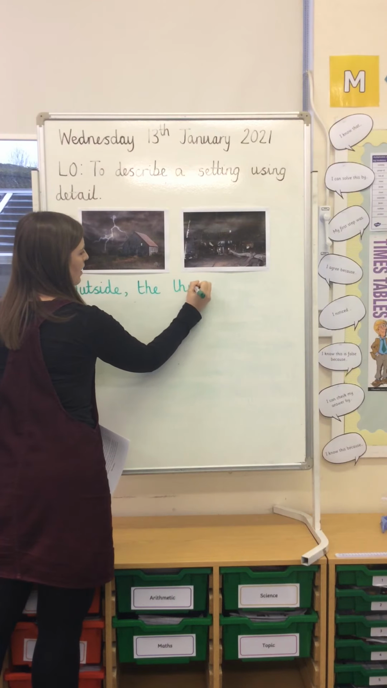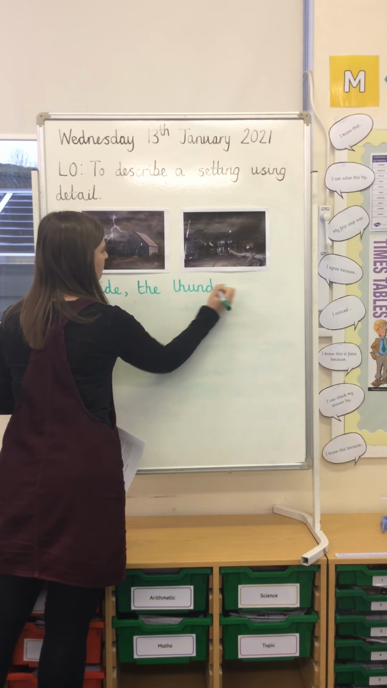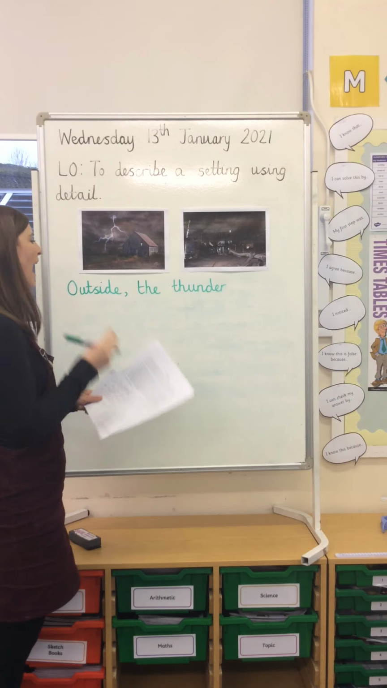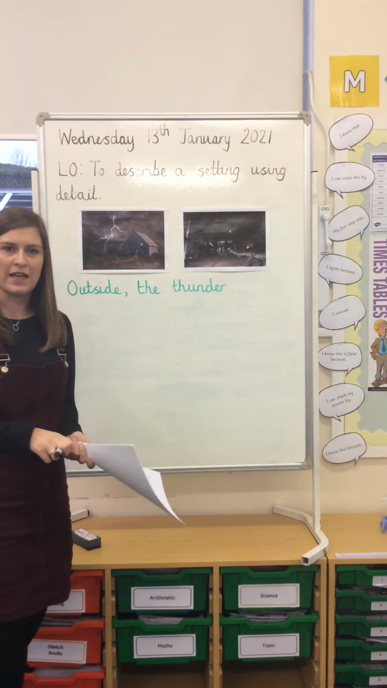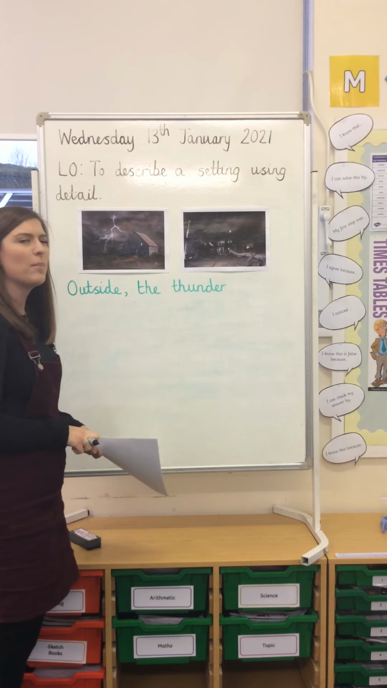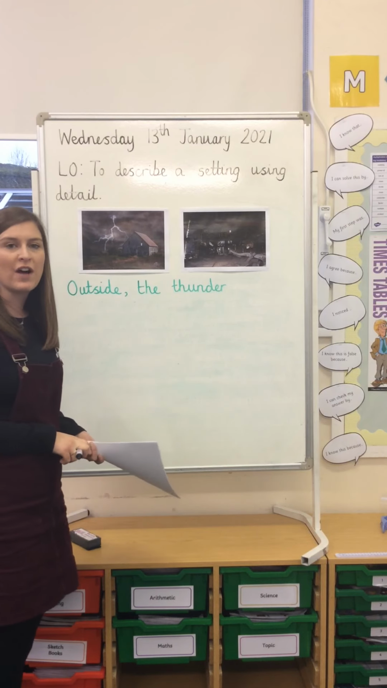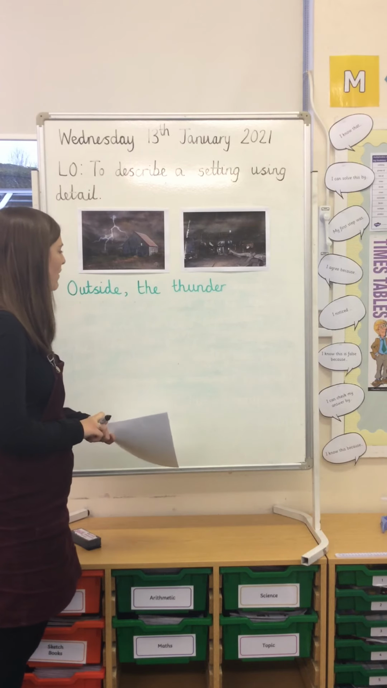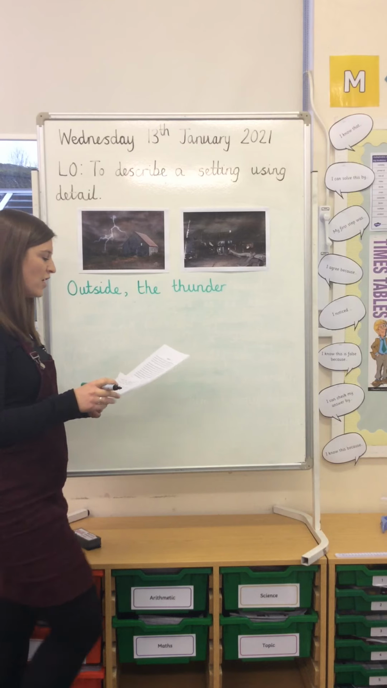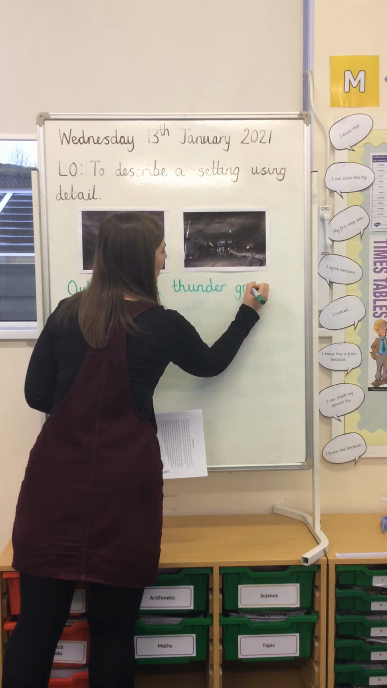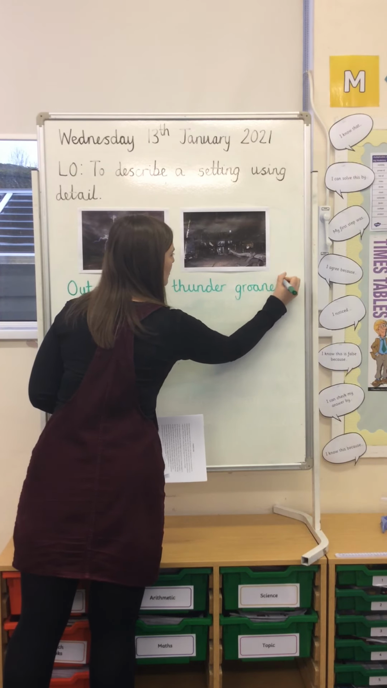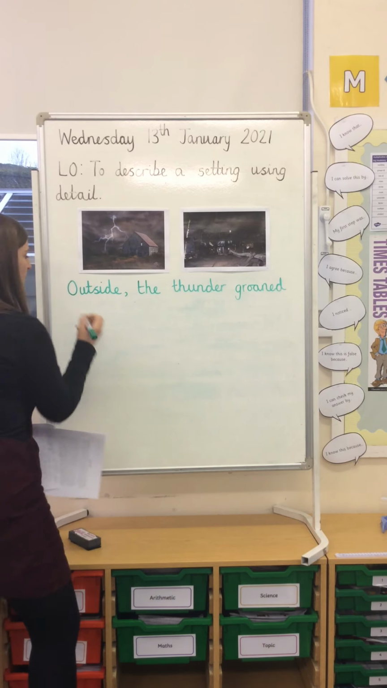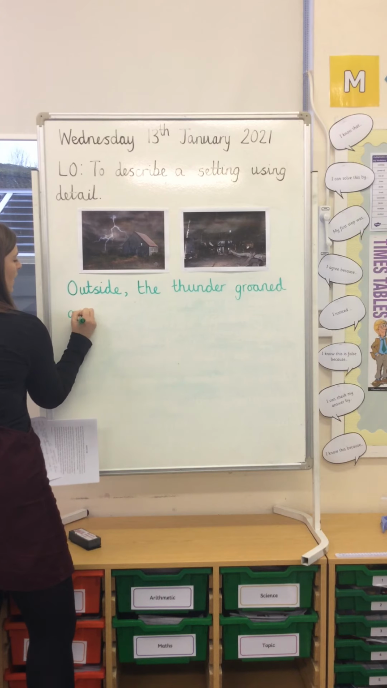the thunder, what I want is a good verb. And I want a verb that's going to personify the weather. So obviously, we're people, and when we personify something, we give something that's not human human characteristics. So I'm going to say outside, the thunder groaned. And groaned is something that us humans do, particularly when we're not in a very good mood. So the thunder groaned. And lightning